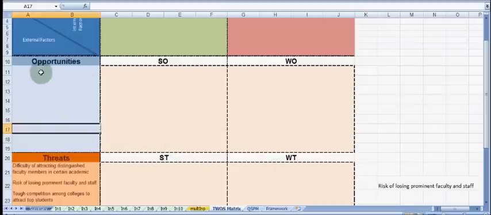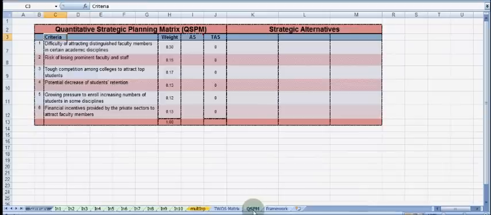A similar exercise we do for opportunities, strengths, and weaknesses. We get the priorities of opportunities, strengths, and weaknesses, like the threats, and then come out with 4 different strategies. We call them the strengths-opportunities strategy, weaknesses-opportunities strategy, strengths-threats strategy, and weaknesses-threats strategy. And based on this, we can work out